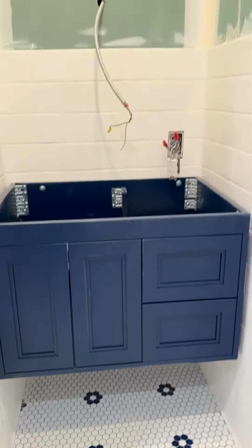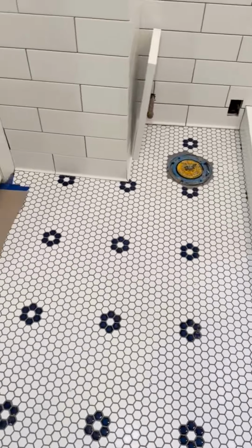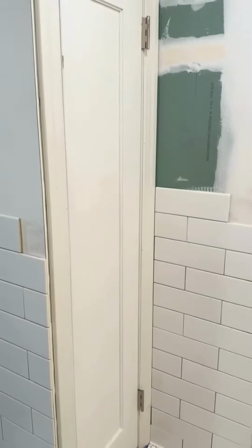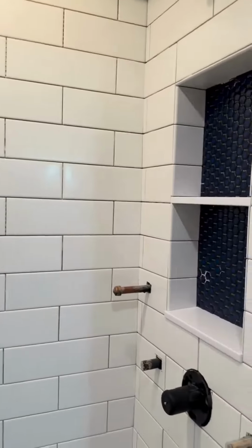And I think this little bathroom is starting to really look pretty darling. Love the mosaic, the little hex mosaic on the floor. It's really quite nice, and I think that once we get done, we have to fix this corner to tile around it and wrap it with bullnose. And my bullnose corners have to come in the right size, but I'm telling you, it's starting to look like